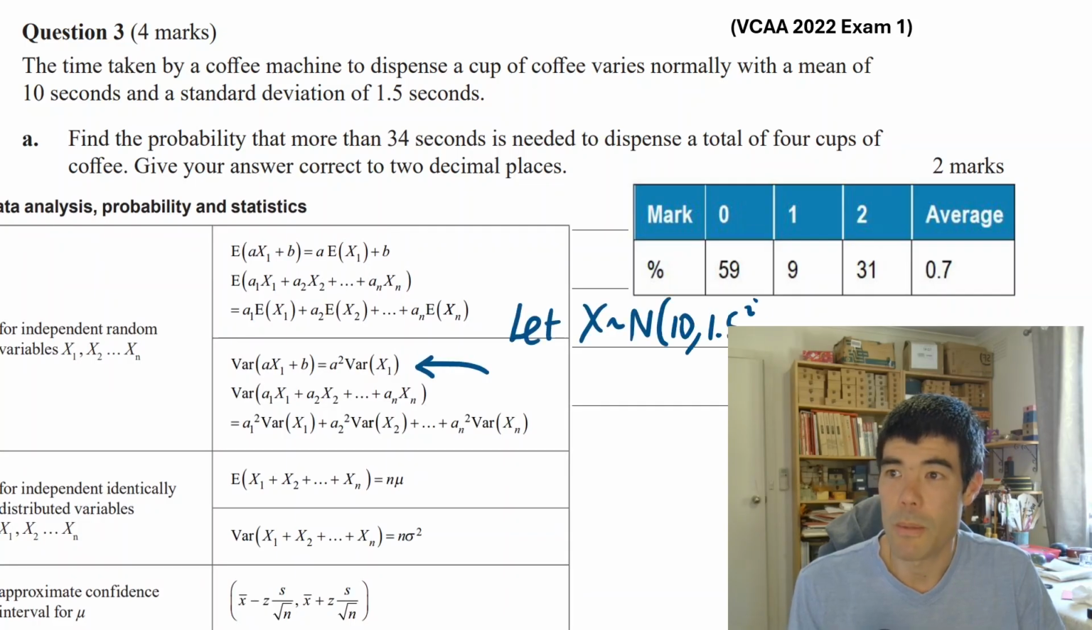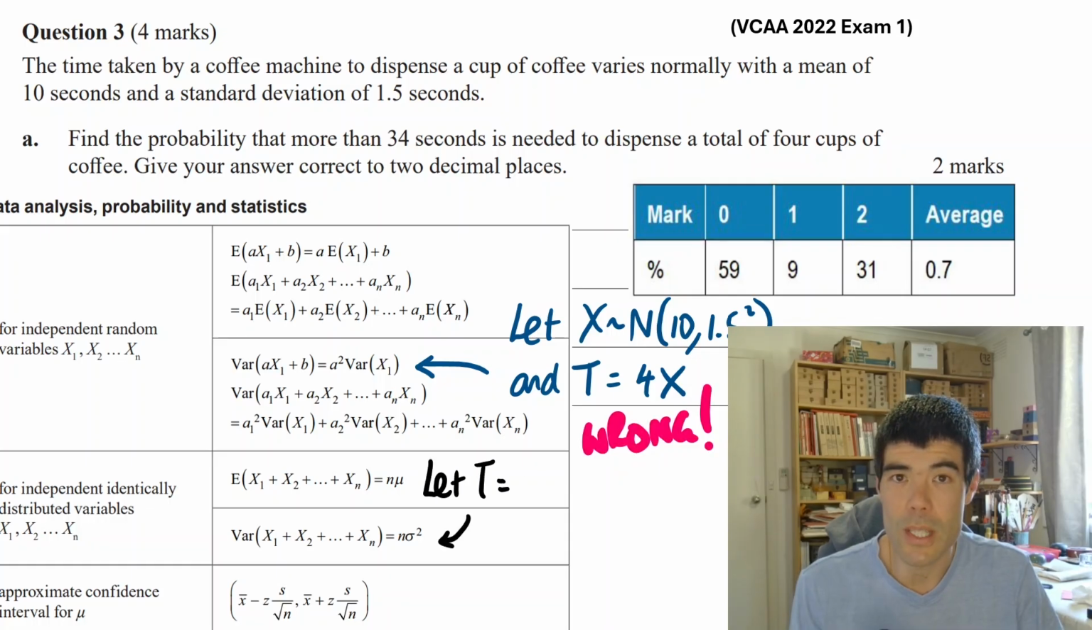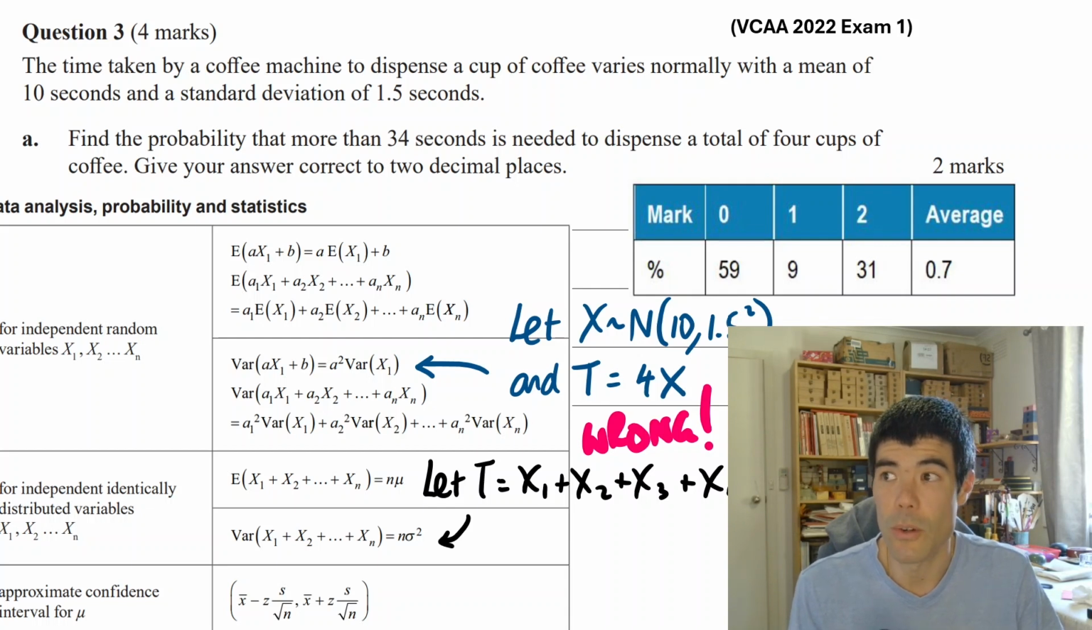We want to let x be a normal random variable, mean of 10, variance of 1.5 squared. But the common error would be to let the total time for 4 cups of coffee be 4x. What we should do is let the total be the sum of 4 independent random variables, x1, x2, x3, and x4. If you're a little unsure what is the difference between these two situations, one example that I like to